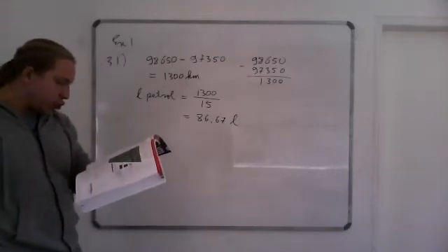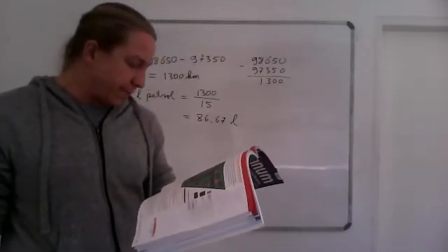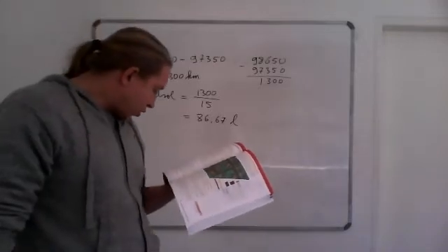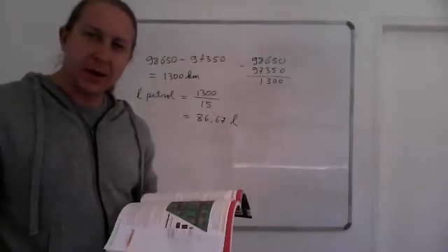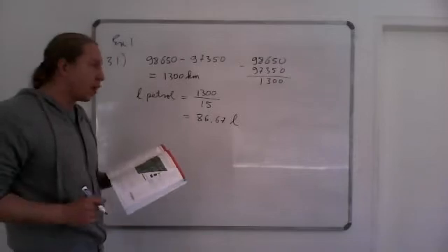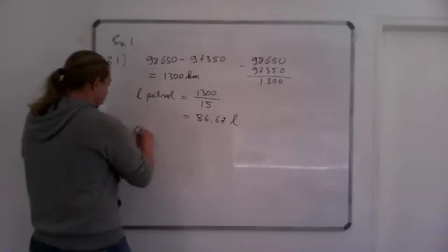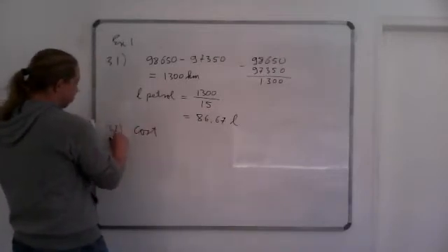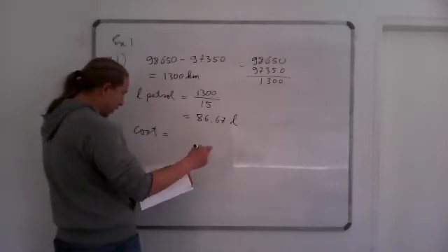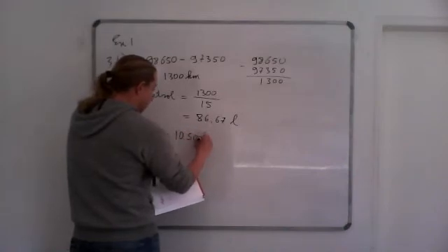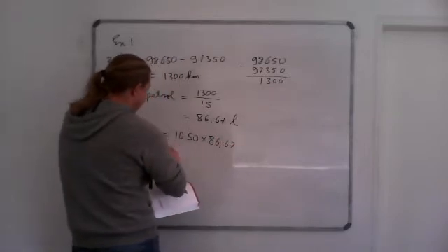Let's do 3.2. If petrol costs approximately 10 Rand 50 per liter, how much did she spend on petrol for her trip? They're not telling us that she's going there and back, so we're going to assume that she's just going one way. So how much money is she going to spend? Well, we can say cost, which is 3.2, equals the price of petrol times how much petrol we're going to need. Price of petrol is 10 Rand 50 multiplied by how many liters? 86.67. And that will equal to